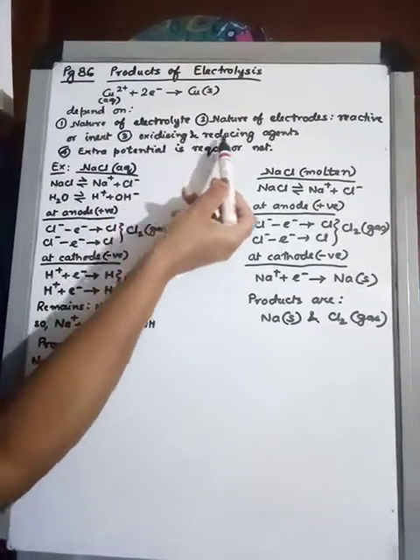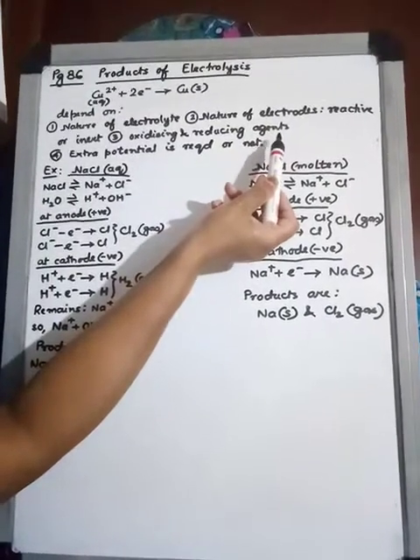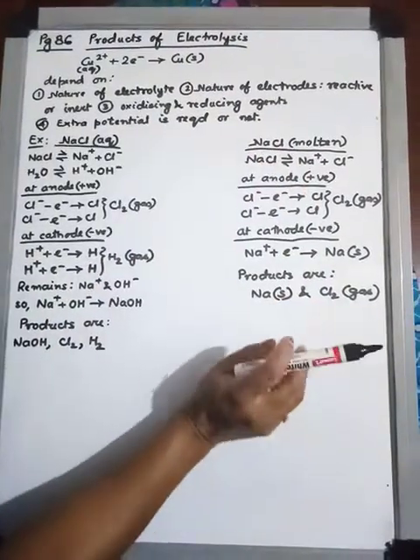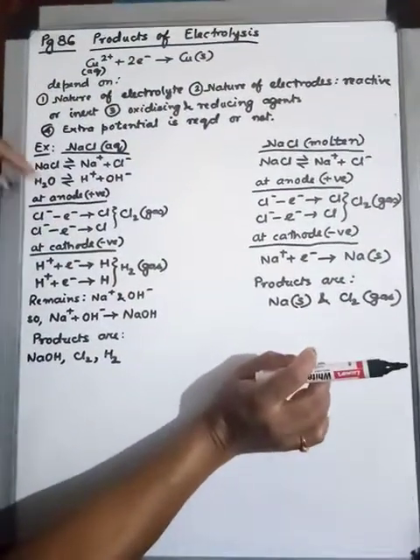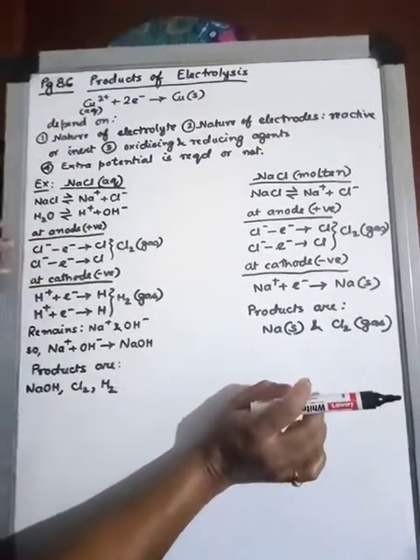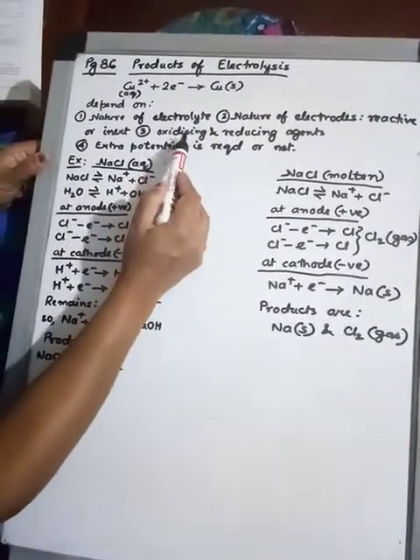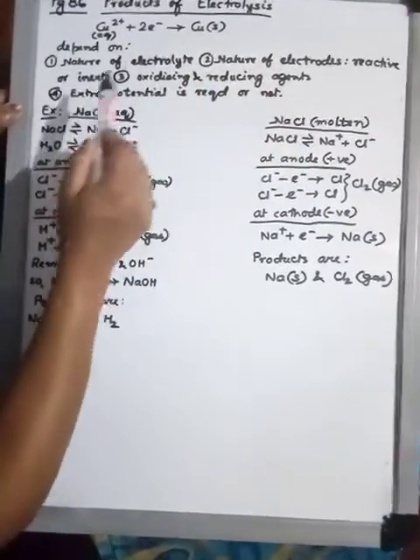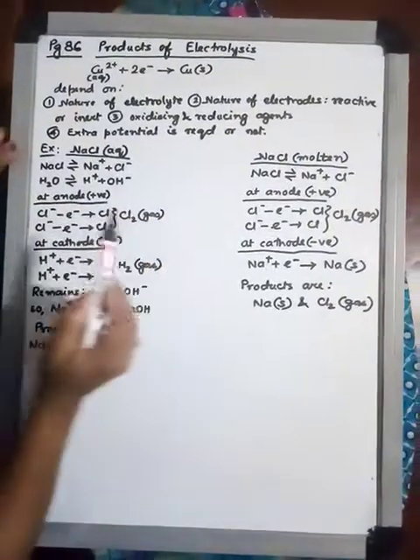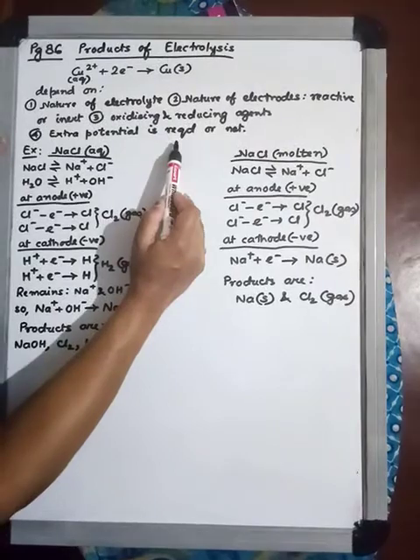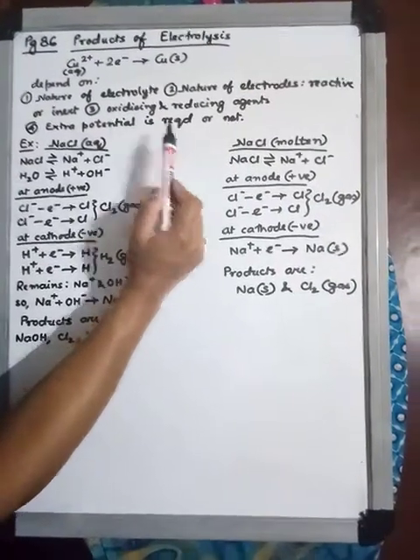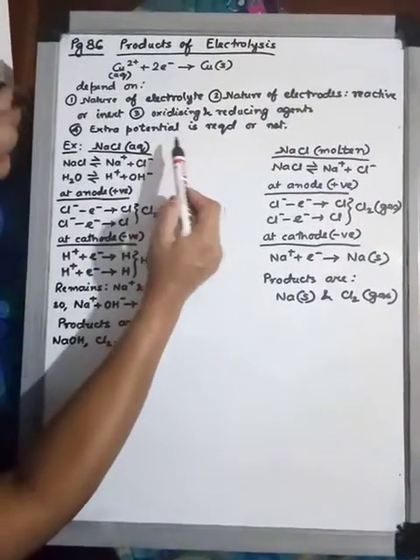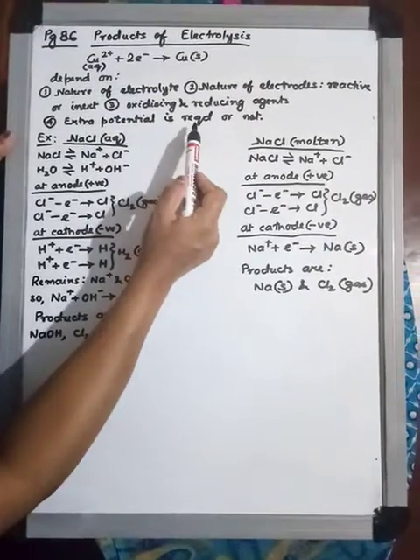Now, whether any oxidizing or reducing agents are present in the electrolyte or not, that is also important for you to note down before starting the electrolysis. Because you may start your electrolytic setup and find you want to get these products, but you are getting something else. The reason is that you did not check the nature of the electrolyte, the nature of the electrodes, and oxidizing and reducing agents, and also you have to check whether the reaction is slow or not once you have started the electrolysis. So if electrolysis is kinetically slower, then you have to apply an extra potential, which is called overpotential, which you have to supply more in order to carry out electrolysis.